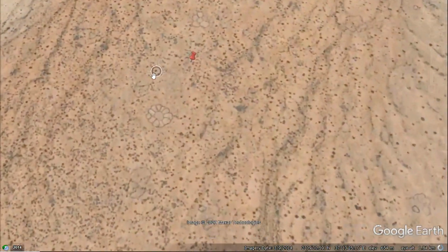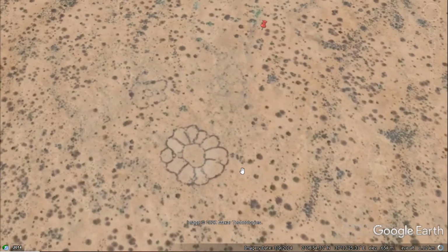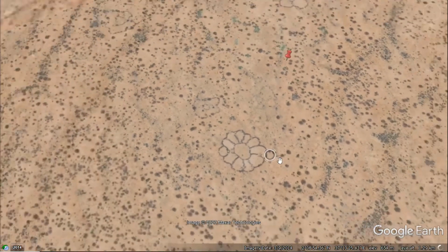Let's zoom in on this red one. Oh, this is great. So look at this flower over here. Now you can see the walkways or the door areas, but might this just not be adapted or purposed for their own intentions? Maybe this is a structure that was already there and they just used it for their own purpose. But what gets